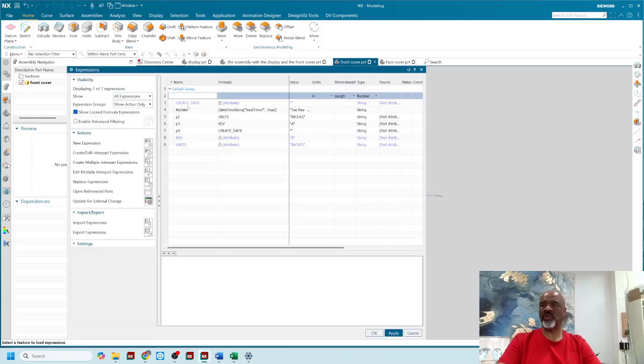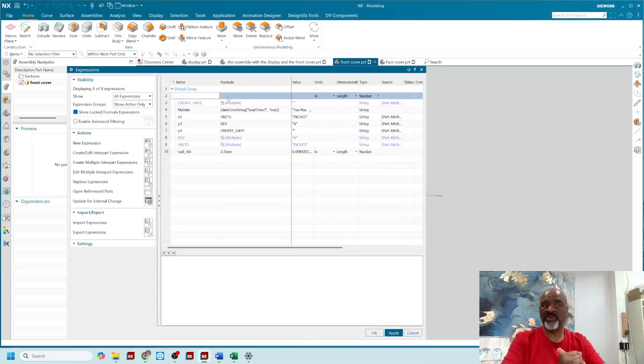So I'm going to say Control E, and I'm going to create a variable called wall THK, and the wall thickness is going to start with 2.5 millimeters. And 2.5 millimeters comes just from my own experience. 2.5 millimeters has always been a pretty good wall thickness for a lot of the products that I've designed in the past. I'm also going to set a rib thickness. The ribs in general are 50 to 60% of the wall thickness. That's just the rule of thumb. So I'm going to do this wall THK times 0.6,